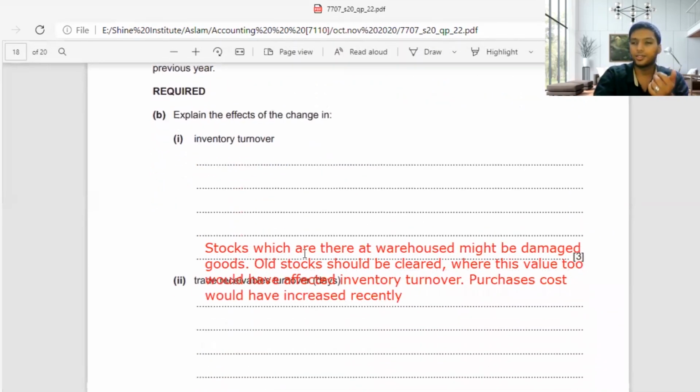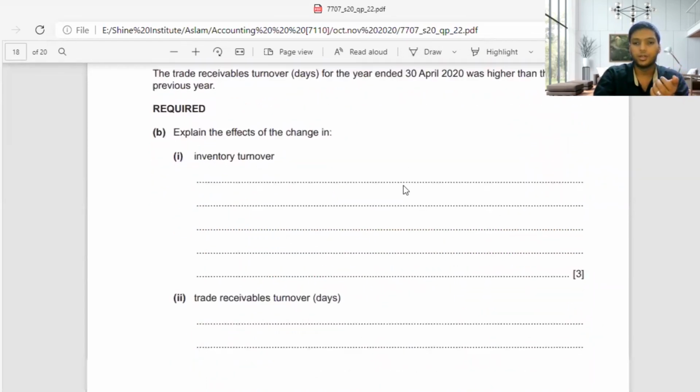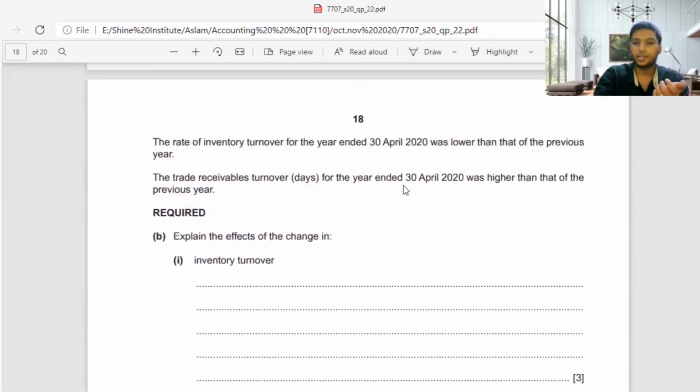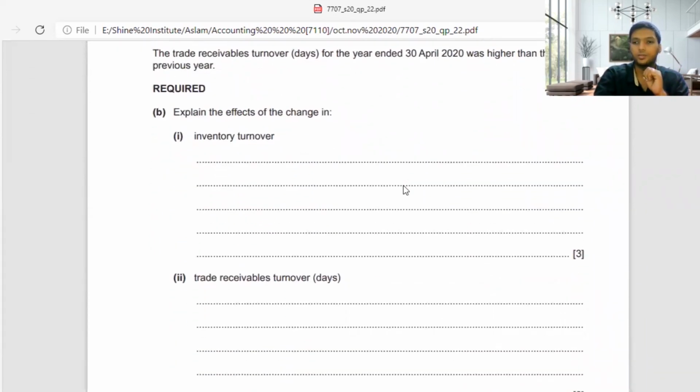You don't want to go exactly like in the marking scheme. You can write whatever you feel, but if it is correct, the examiner will give you marks. But write appropriately, don't write unnecessary stuff, guys.